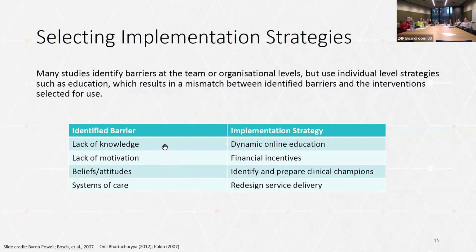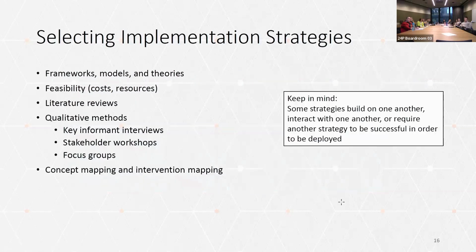So finding these barriers: lack of knowledge, maybe do online education if it's an individual. Lack of motivation, financial incentives. Beliefs and attitudes, get a clinical champion on board, or redesigning your service delivery if it's a system. And when you're selecting an implementation strategy, you're going to look to frameworks, models, theories, you're going to look at feasibility,